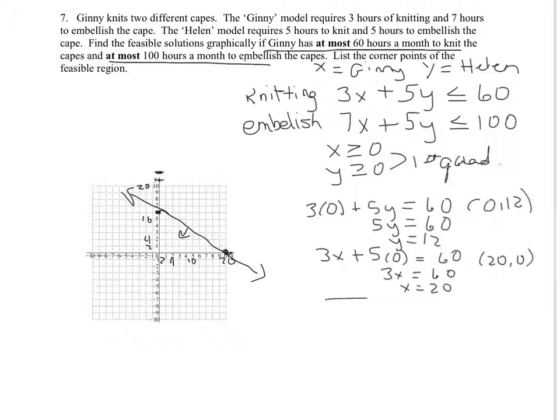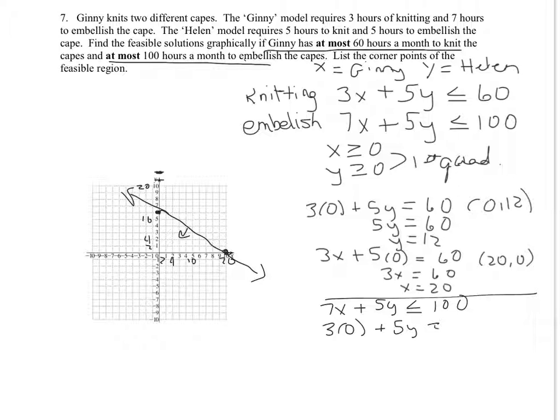Now let's get the other inequality on here. The 7x plus 5y is less than or equal to 100. So this one is a little more problematic just because 7 will not divide into 100 evenly. We can still try to use intercepts. We're going to get a fractional value, or we can do slope-intercept form. The option is yours. I think I will continue with intercepts though,